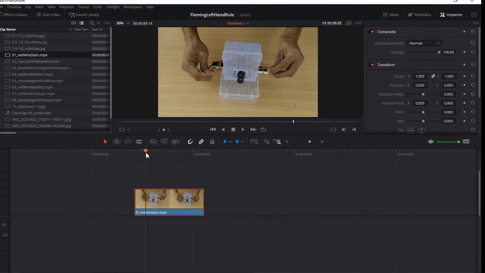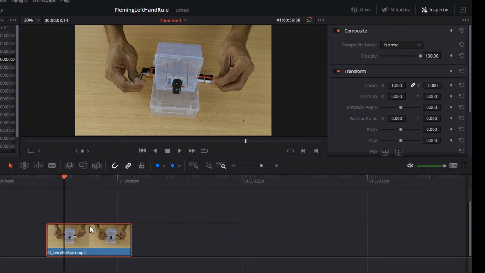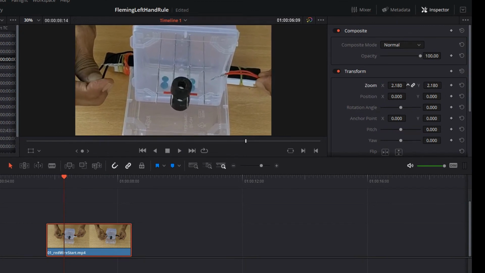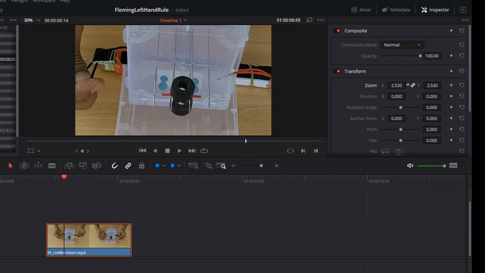We can change the speed of the video to suit our needs. It can be made faster when we want it to quickly cover any action or slower when we want to explain certain event in detail.